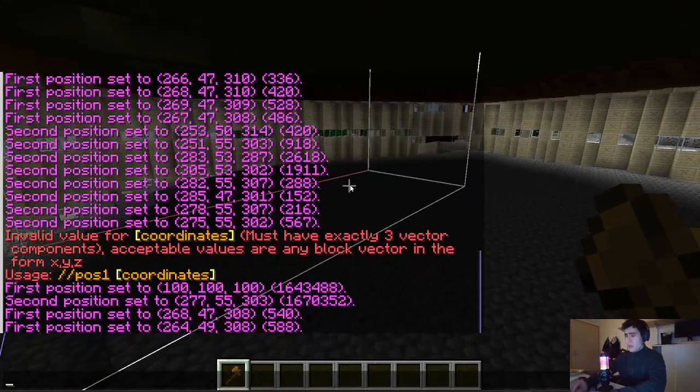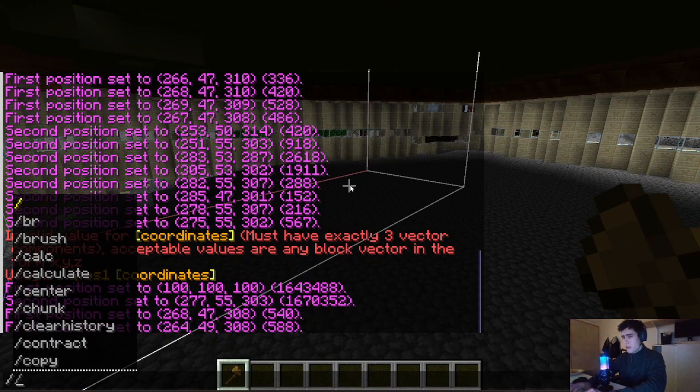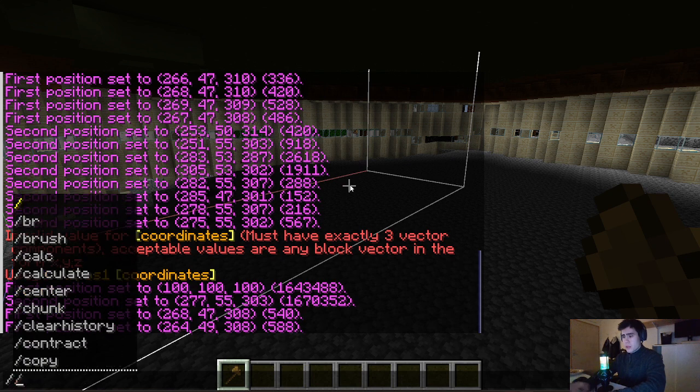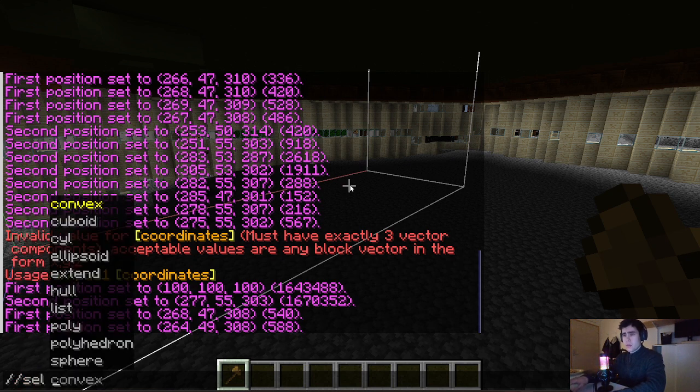So when selecting things, there are some more advanced ways of doing that. So let's see. As you write cell, standing for select, of course, you see convex, cylinder, extend. I'm just going to quickly go through what basically all of them do, but I'm not going to show all of them. But basically,